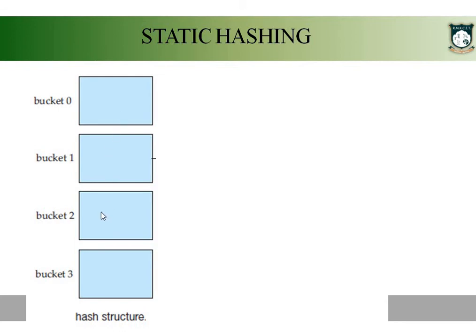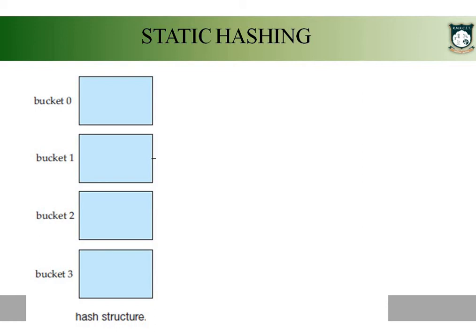Now this type of hashing is called static hashing. The reason we call it static is that the buckets are fixed. 4 buckets means 4 buckets. Whether you are utilizing all 4 buckets or not, these 4 buckets will be fixed. The number of buckets is fixed in hashing. Say, for example, you feel that you will have more instructors. In that case, you may reserve 100 buckets or 10 buckets. Whether you use those buckets or not, they will be allocated. That's why it is referred to as static.